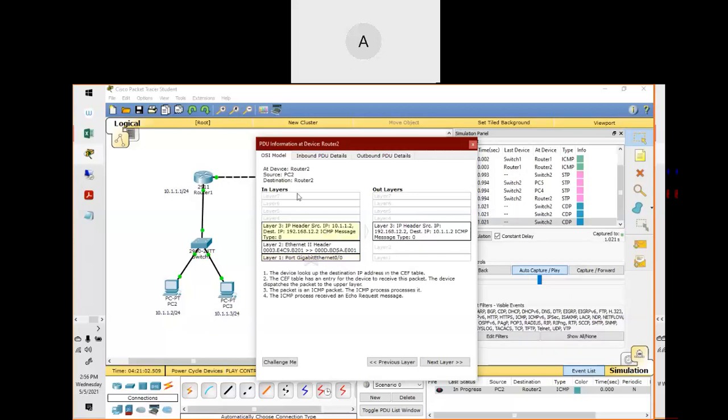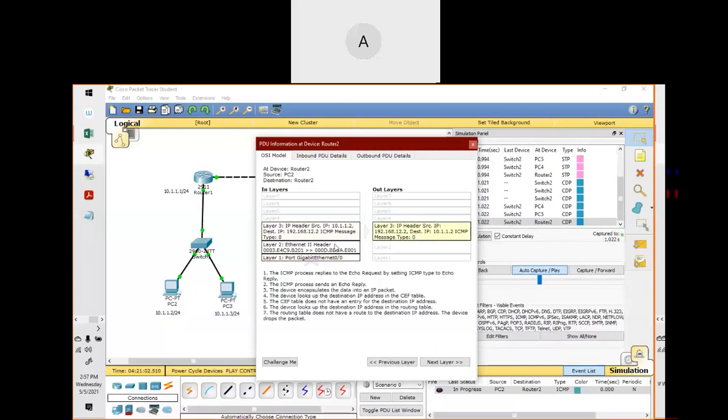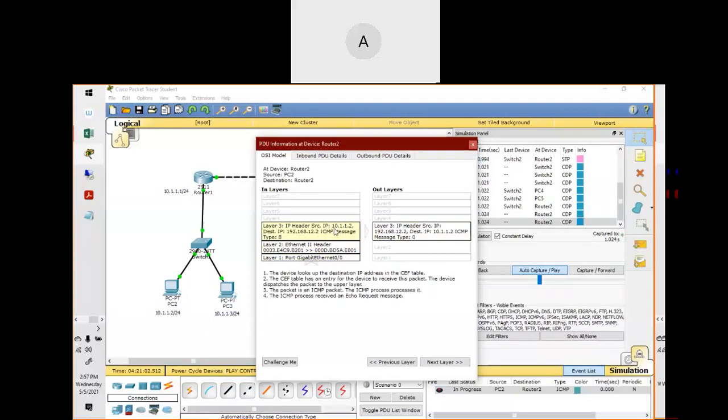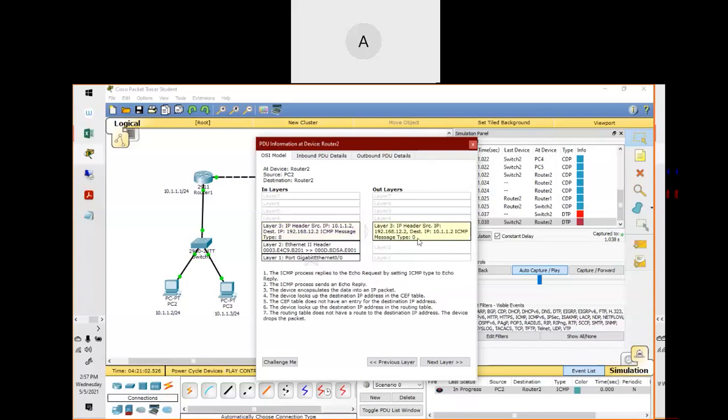So basically this is the packet for your source and this is for destination, right? It says ping from 10.1.1.2. This packet is initiated by 10.1.1.2 for the destination of 12.2, right? And the header source IP 192.168.12.2 and 10.1.1.2. Okay, this is the reply packet.